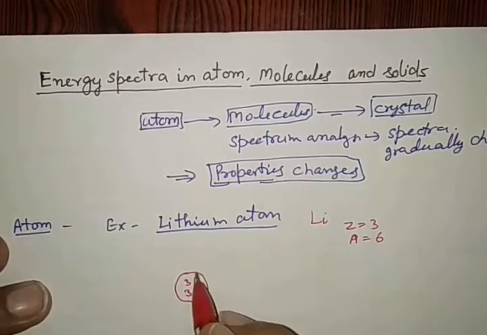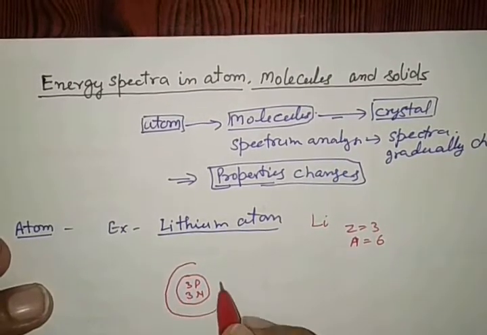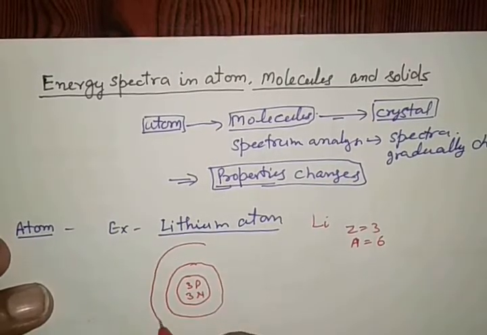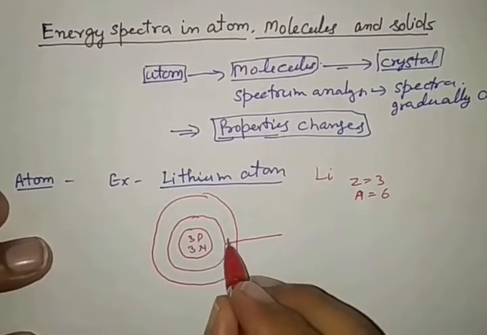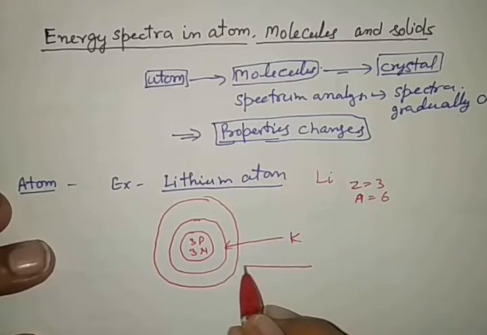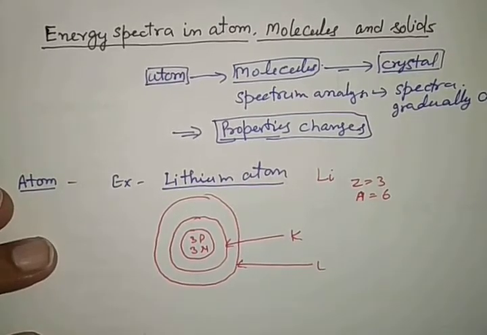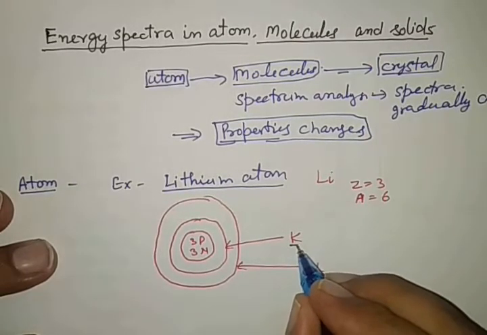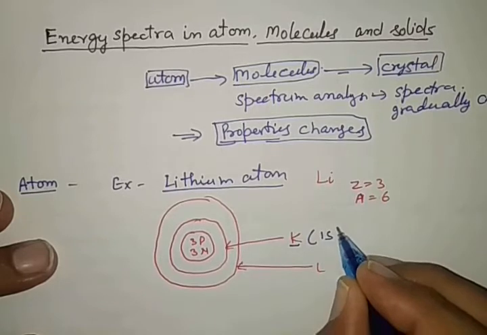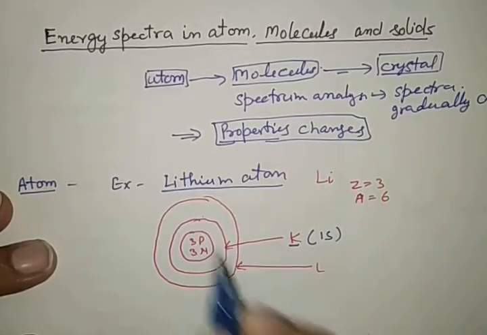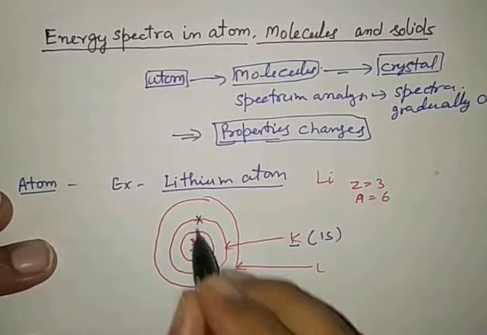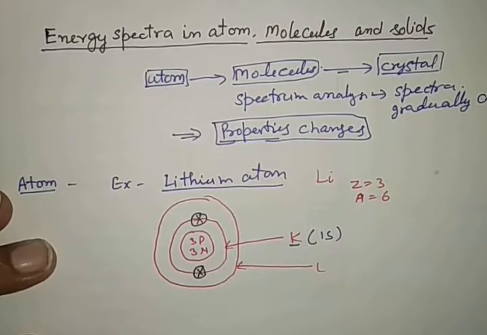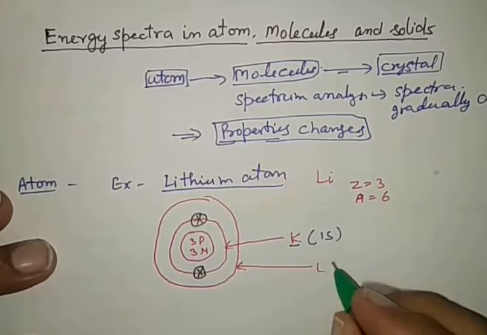NP ratio is 1. First Bohr's orbit and second Bohr's orbit, see very carefully. The first Bohr's orbit is called K. The second Bohr's orbit is called L. In the Sommerfeld model, the first Bohr's orbit has one orbital. This is called 1s, and in 1s, 2 electrons are possible. The second Bohr's orbit is divided into 2 suborbitals.